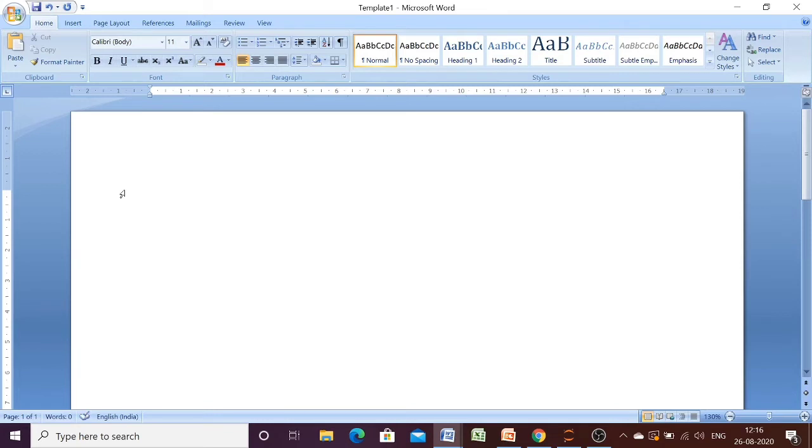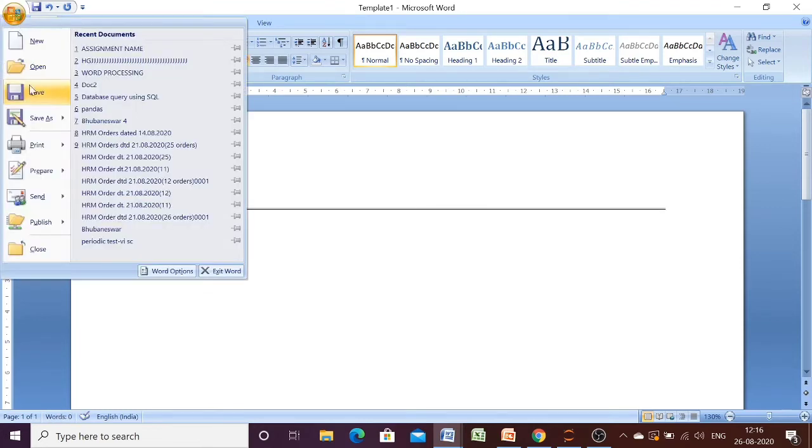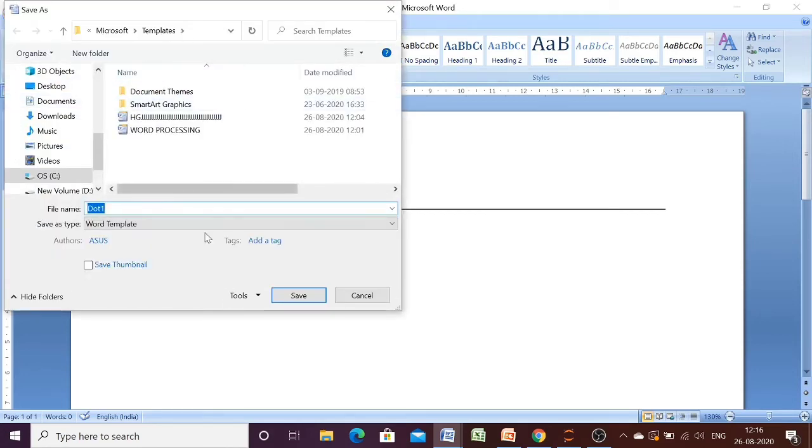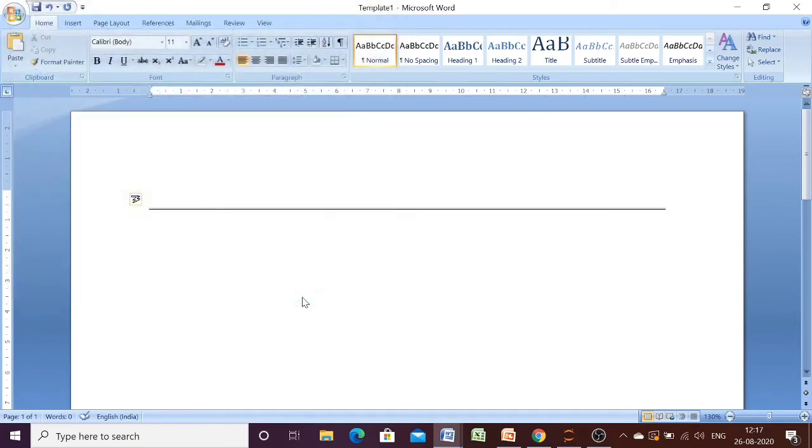Just give any design to your template, whatever design you want. Then save it. Remember you have to save it as Word Template, which is already selected here. I am giving the name Template 1. Then save.